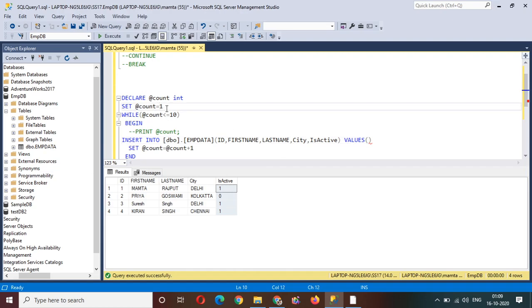Okay, let's say I wanted, okay, let me give the value first. I wanted this value, count will be placed here. And then I wanted just test comma test user. I'm just giving the value as a test so that it will not be complicated, and I'm giving the value as a daily, city is a daily, and then is active is a 1.